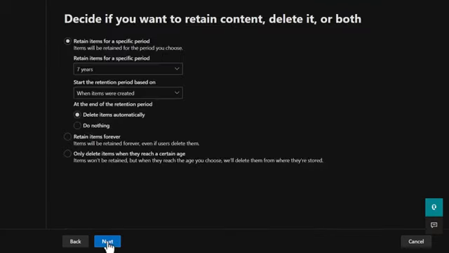And let's have a look at our retention settings. So I see here it's applying for 7 years, and it's applying that retention when the items are created. You see I have the option here to change that to apply that 7-year retention to when the items were last modified. And then you'll notice I have some options here in terms of what to do at the end